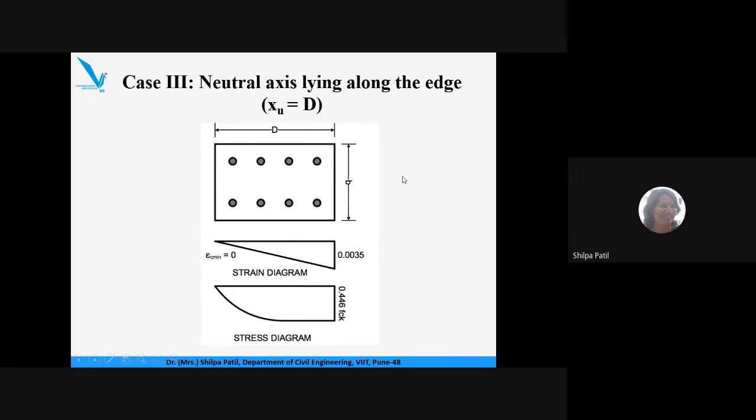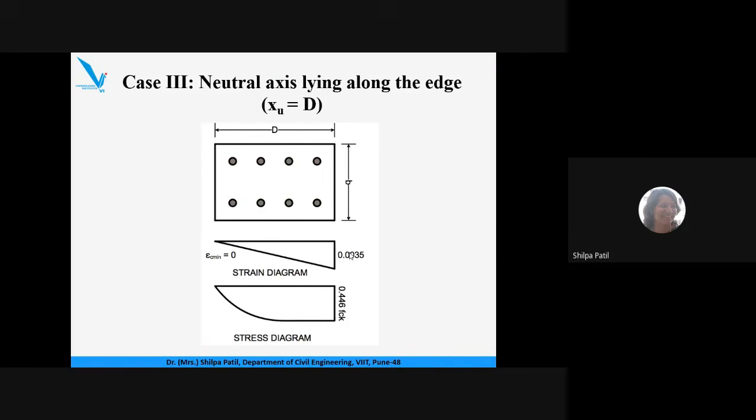Now the third case, in which XU is equal to D. Here there is a certain amount of eccentricity which is definitely more than that of the earlier case. In this case, again, see how the strain diagram varies. On the side of the load there is a strain developed. Now that strain is definitely more than 0.002, and I would say it is close to 0.003, because there is a sufficient amount of moment developed in the cross section. So in case number 3,